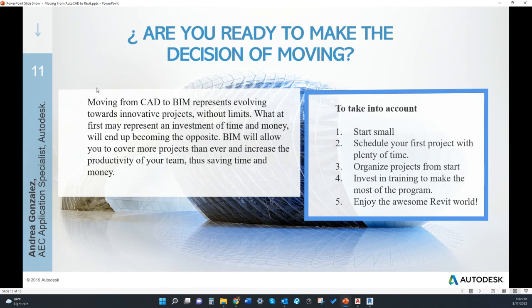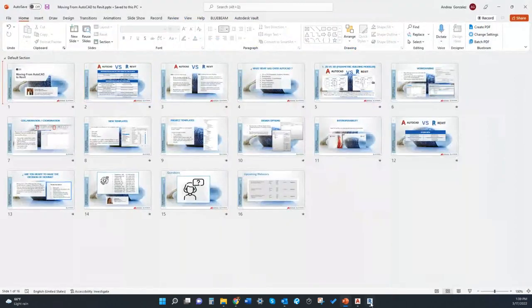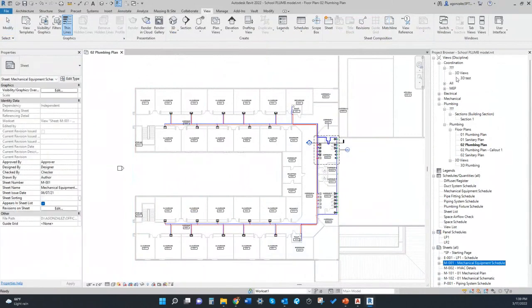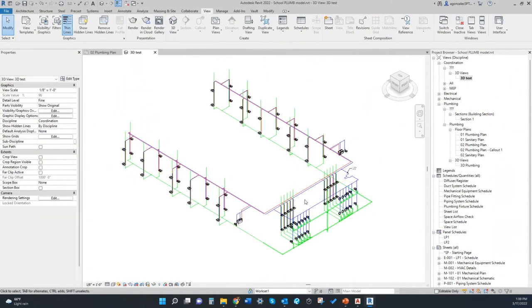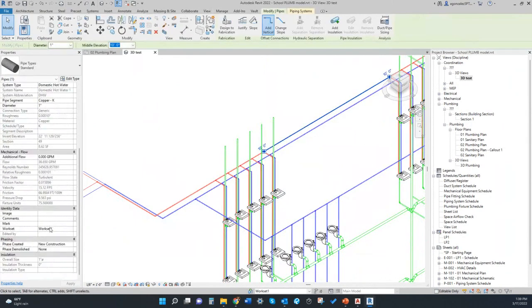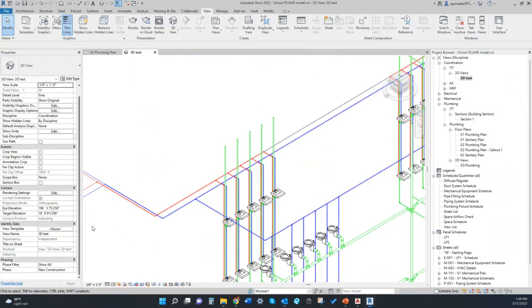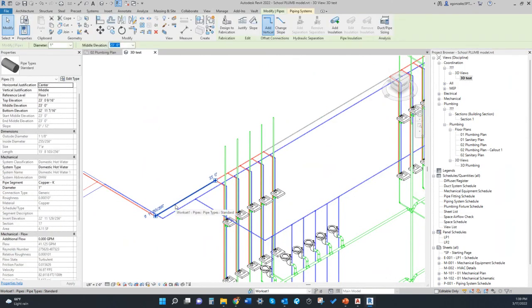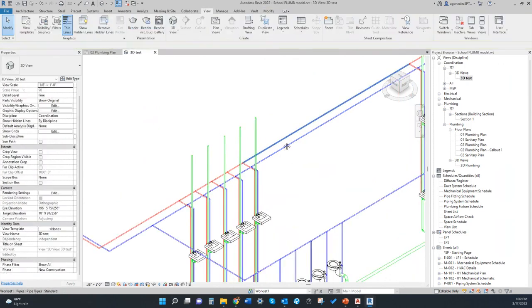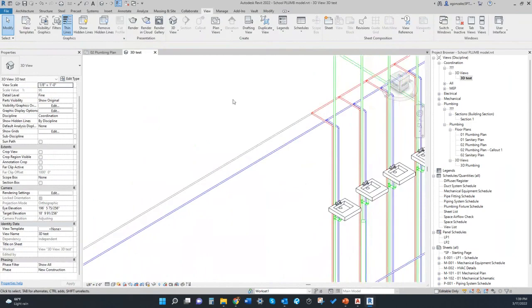It also has phases to work with existing, new, and demolition options. So, for example, if I have in here, where is my 3D view? So, for example, all this pipe is new construction, but if I want to mix it with an existing one, this also has phasing options. So right now, I just made this pipe an existing pipe, and it changes the color,